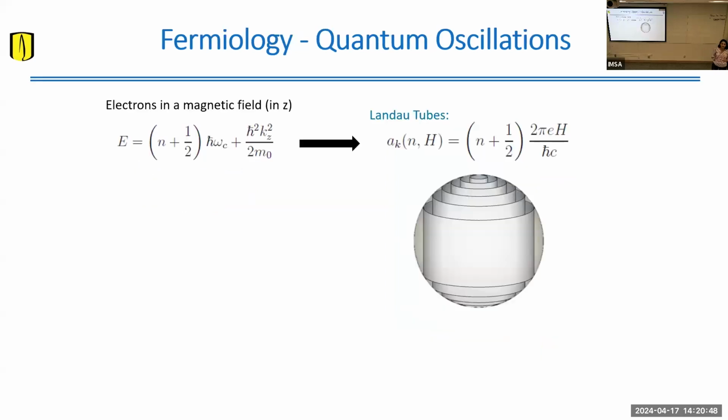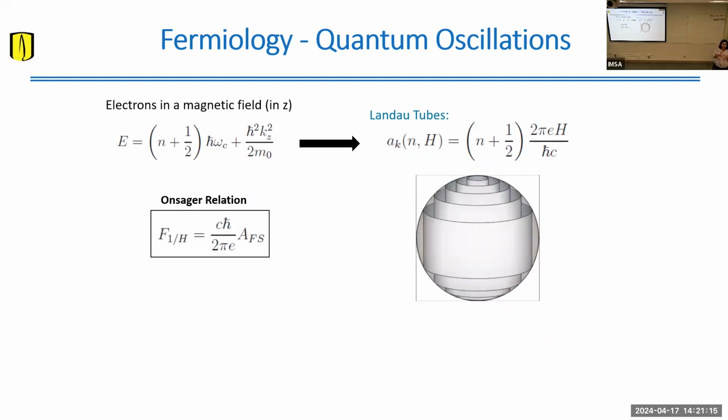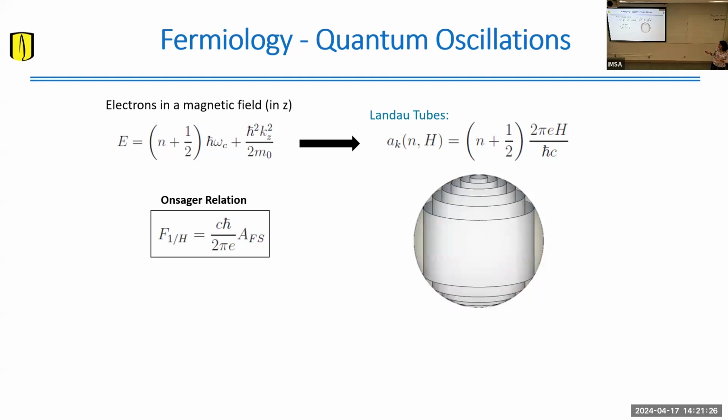So in order to characterize and really know if the electronic structure is that, we use what's called quantum oscillations, which comes from the quantization of the electronic orbits in a magnetic field. So you have a metallic Fermi surface, a sphere. You quantize the density of states into the Landau tubes, and the spacing between these Landau tubes is actually proportional to the magnetic field. So when you start sweeping the magnetic field, these tubes start to cross out the Fermi surface, and each of these crossings generates an anomaly in the density of states, and therefore in all the quantities that depend on it, for example, the resistivity.